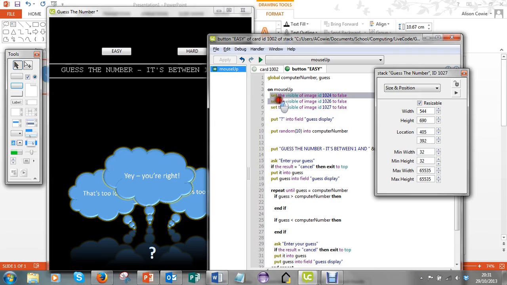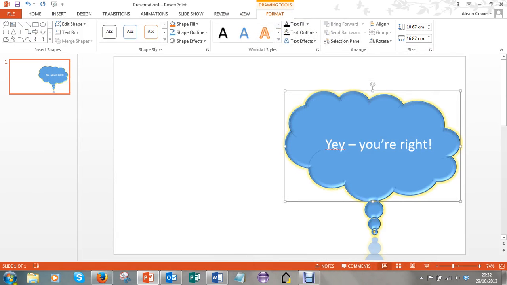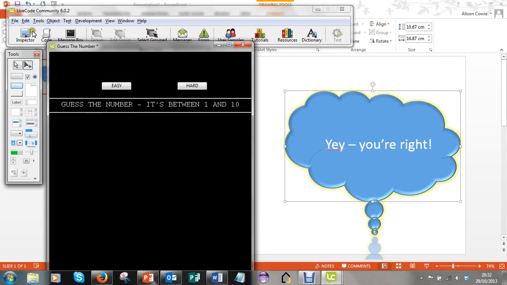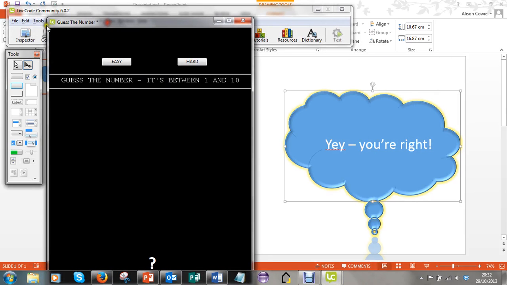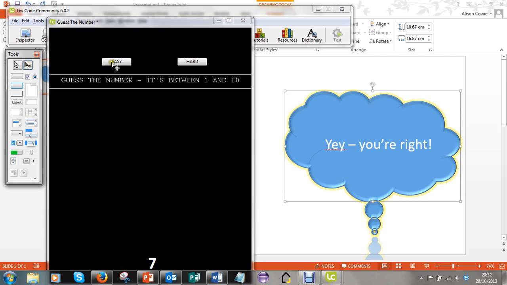I think what I'm going to do is I'm going to just exit the program and let's go back into it again. And oh, they don't seem to be there. Enter your guess. It's between 1 and 10, so I'll put 5 in. Enter your guess. 6. It's not telling me whether I've got it right or not, so I'm just going to press cancel, and in